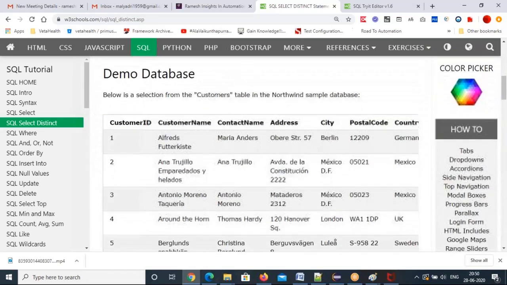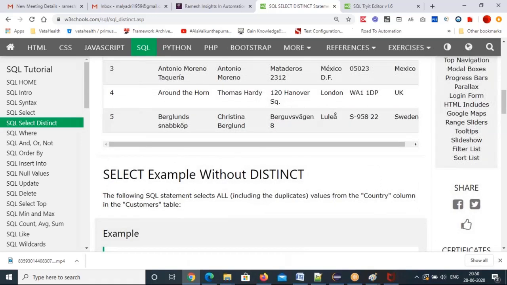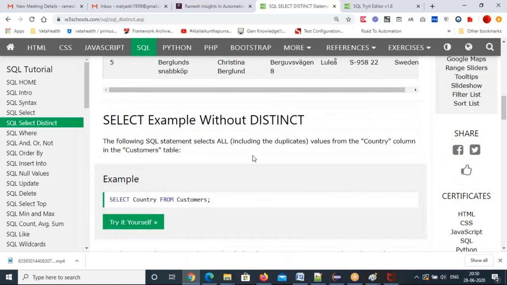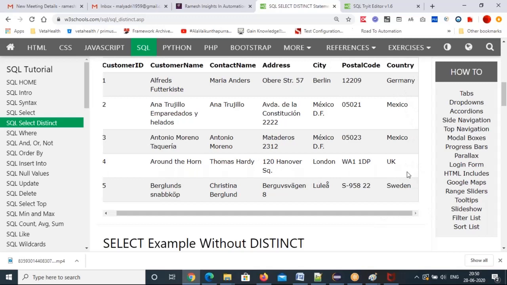Then you can do this. Maybe some duplicate values are there here. So we'll see distinct values. See here, country, the same country is there. So we can write a query with distinct and without distinct. You see this country, I told you, right? Here country names are duplicated. You want distinct, so that there is no duplicate. That means Germany, UK, Sweden only will come if you use distinct. If you don't use distinct, all countries will come. That's without distinct.